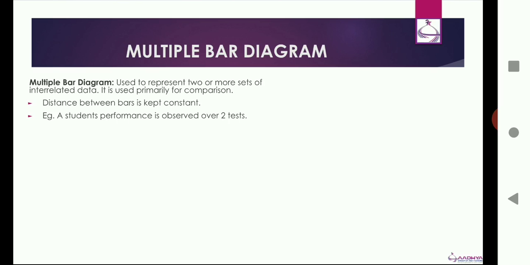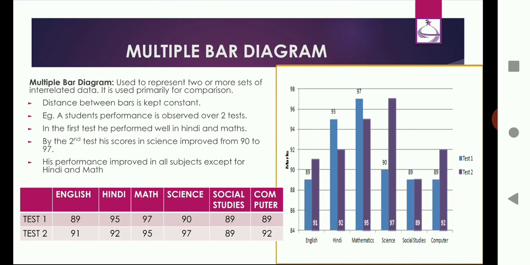For example, a student's performance is observed over 2 different tests. And when we compare it using just the diagram, we can observe that in the first test, the student has scored highly in Hindi and mathematics and comparatively less in other exams. But in the second test, he has improved his performance in science and computers and marginally for English and social